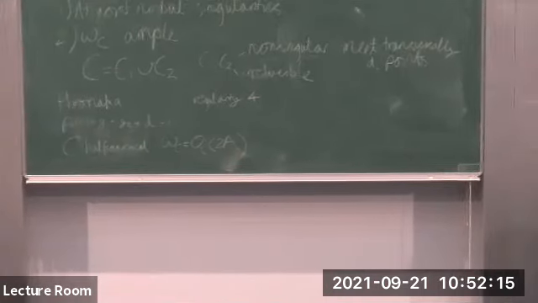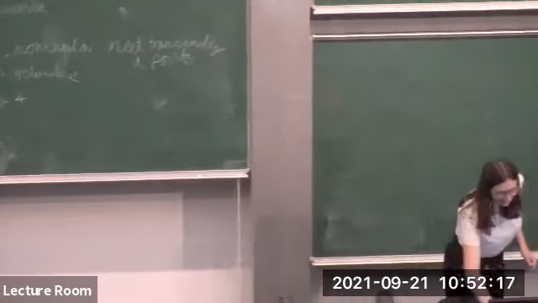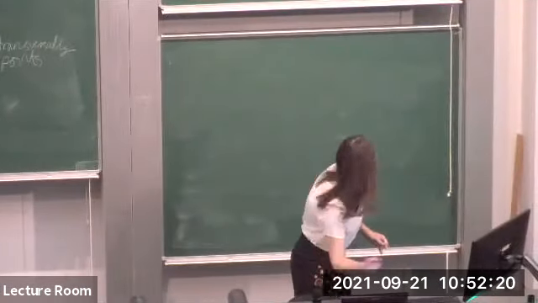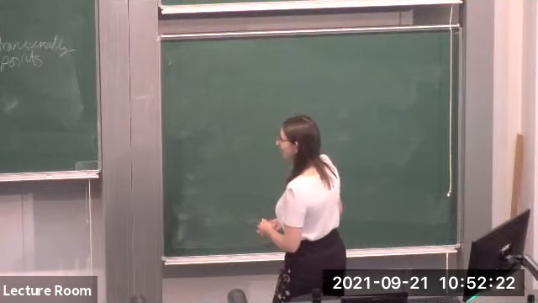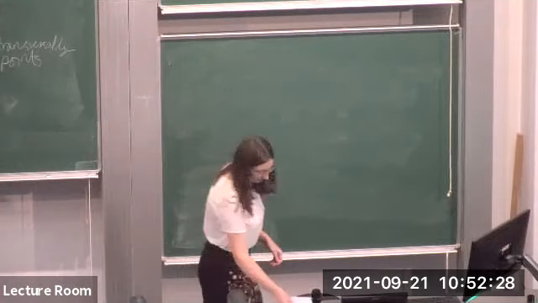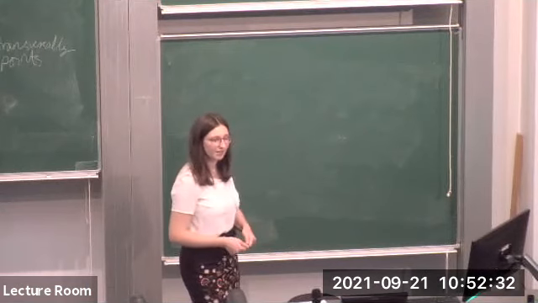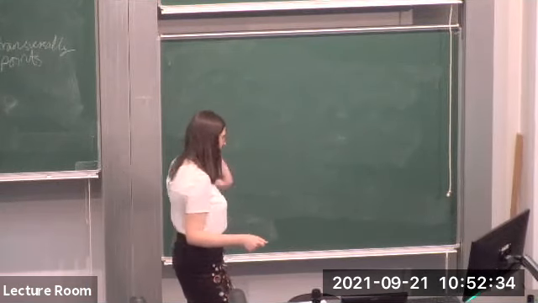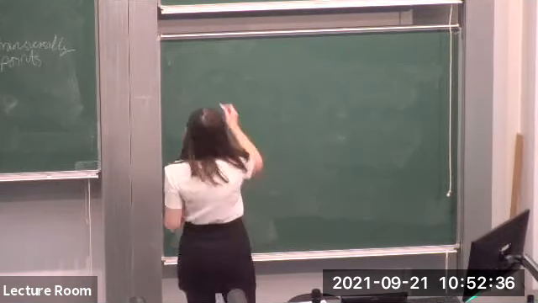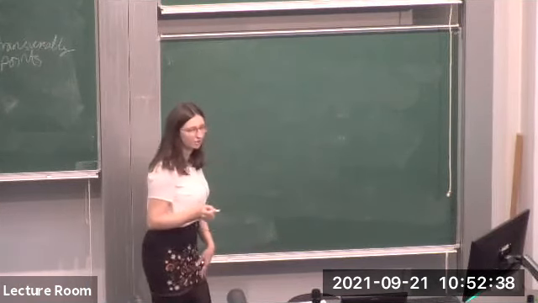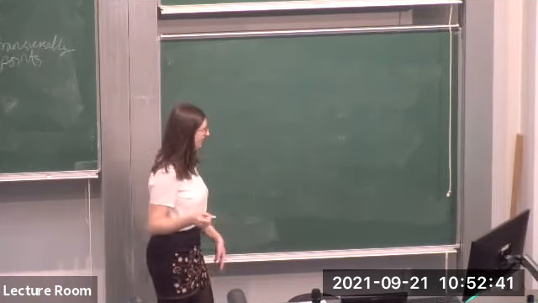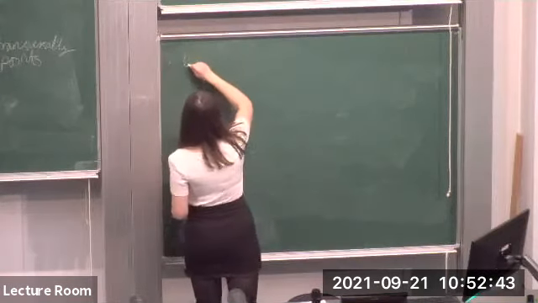From there, we can get some information on the dualizing sheaves of C1 and C2. Since the inclusion of C1 and C2 into C is a finite morphism of